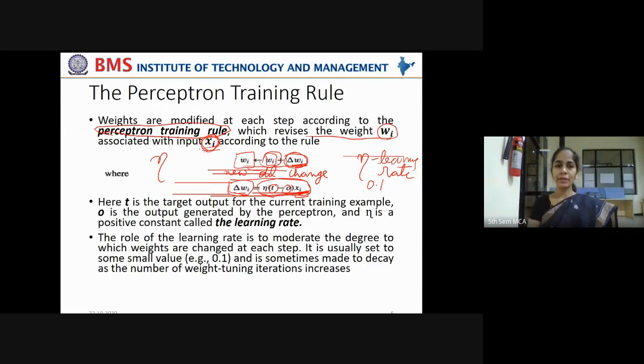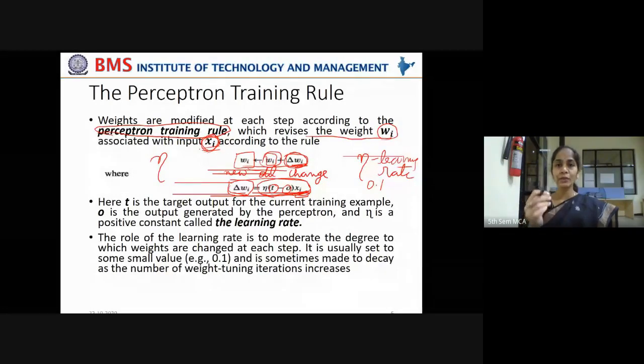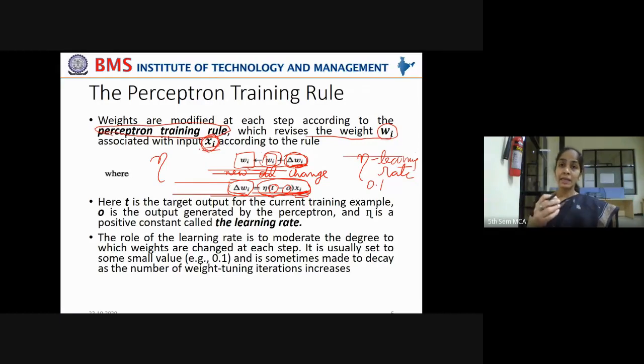So what you understand by a learning rate is the steps it has to take to adjust the weights, and those steps have to be longer in the beginning and shorter at the end so that it will not miss the optimal solution. Okay, now you understood what the learning rate is.